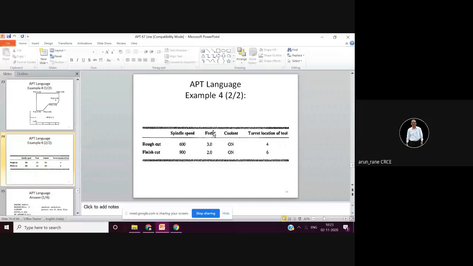In tool description you can write HSS drill diameter 10. For rough milling you can write HSS end mill diameter 50. You can define whether it is HSS or carbide, whatever it is.